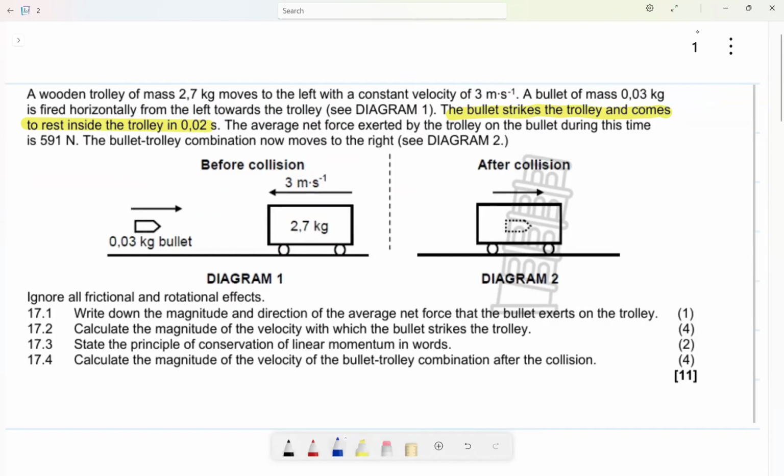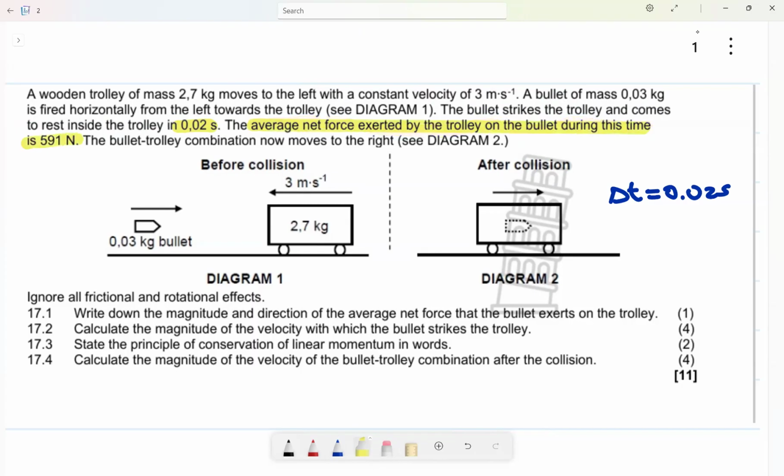So now I have a change in time that I will need when they say I should calculate maybe the force. The average net force experienced by the trolley on the bullet. Can you see the average net force? Let me highlight this. This is very, very important. The average net force experienced by the trolley on the bullet